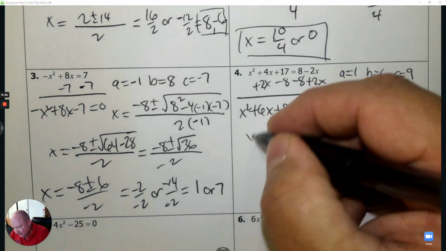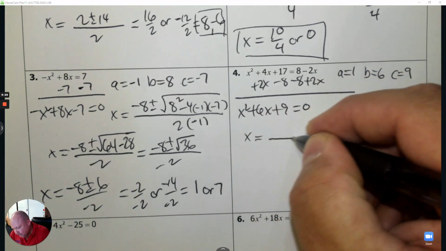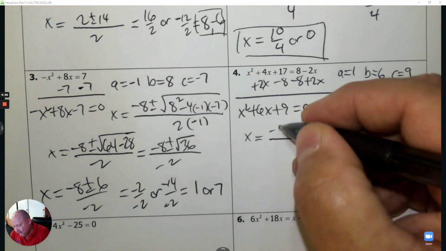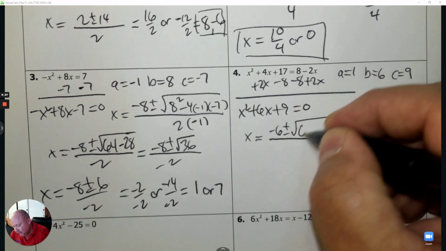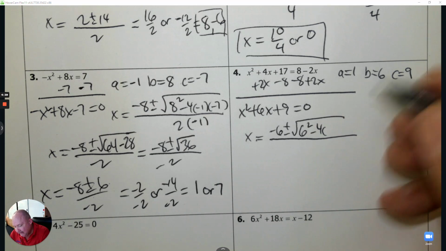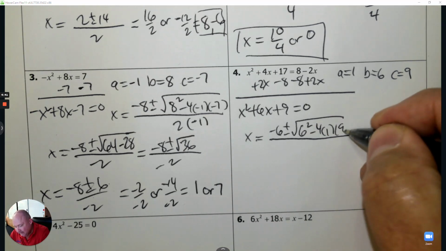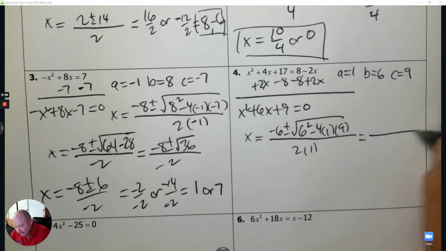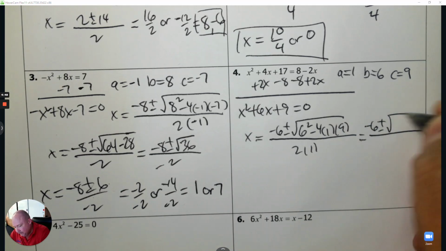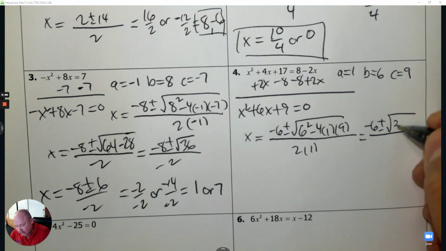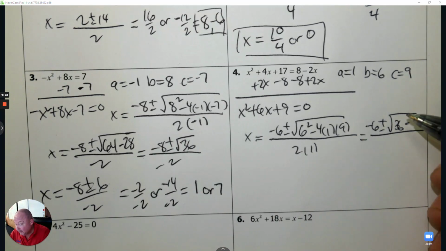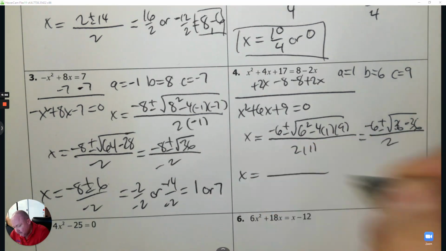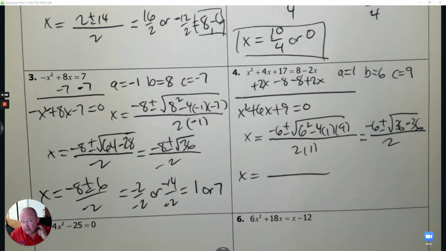The formula is big fraction line, -b plus or minus the square root of b squared minus 4ac all over 2a. And then I simplify it. So 6 squared is 36, and 4 times 9 is 36. So 36 take away 36